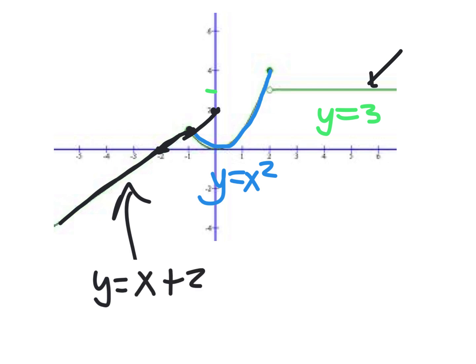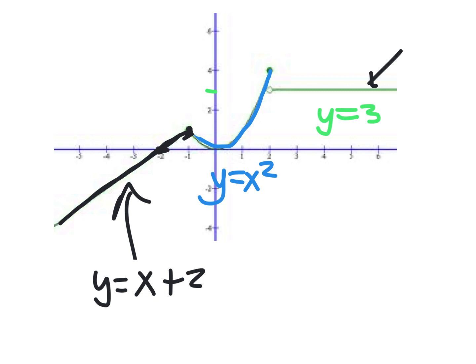Process that for a second. It's got a y-intercept of 2 and a slope of 1. Go over 1, up 1, over 1, up 1. Does that make sense? Okay. Now, why can't I just say that that's my answer? Well, it's kind of right. If you just want to know what 3 functions are involved, those are the 3 functions, kind of. But if you have to be specific, then you have to say, oh, this is only this